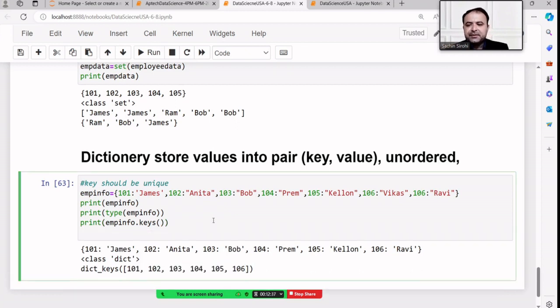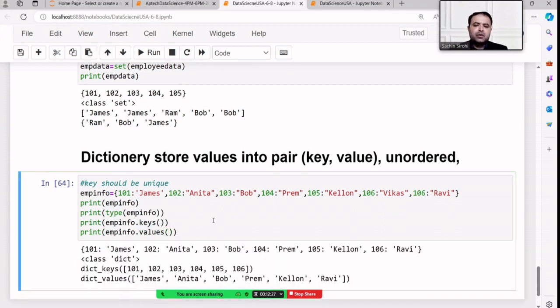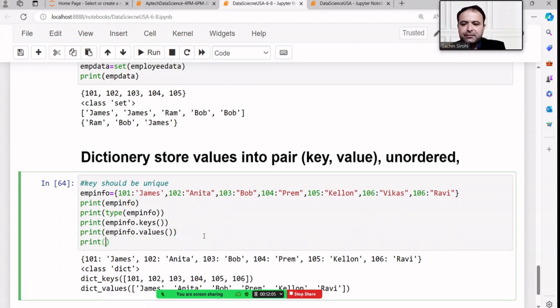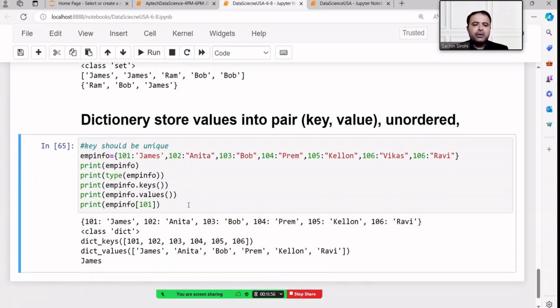Now if you want to print the values, all the values are printed. When you want to store the data in pairs, in this situation the dictionary is much better compared to other data types. You can also fetch a value as per the given key. So class